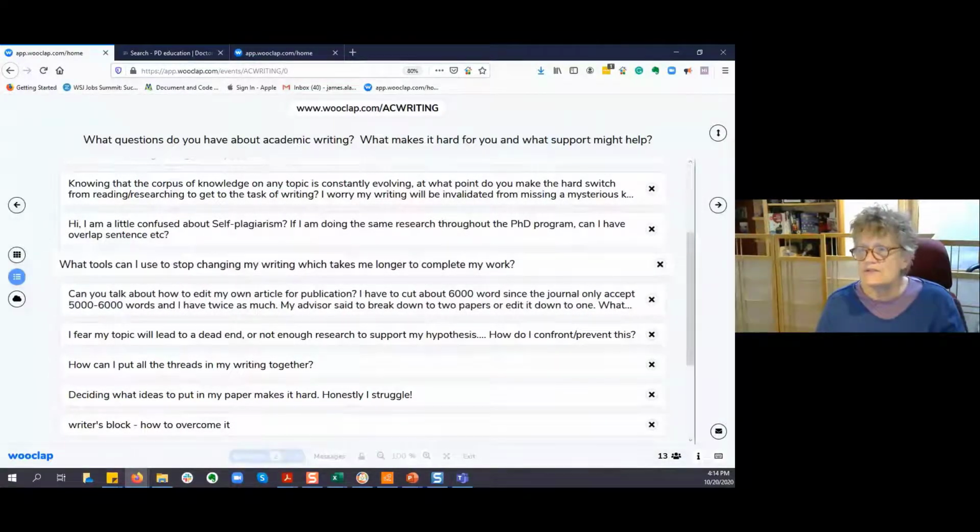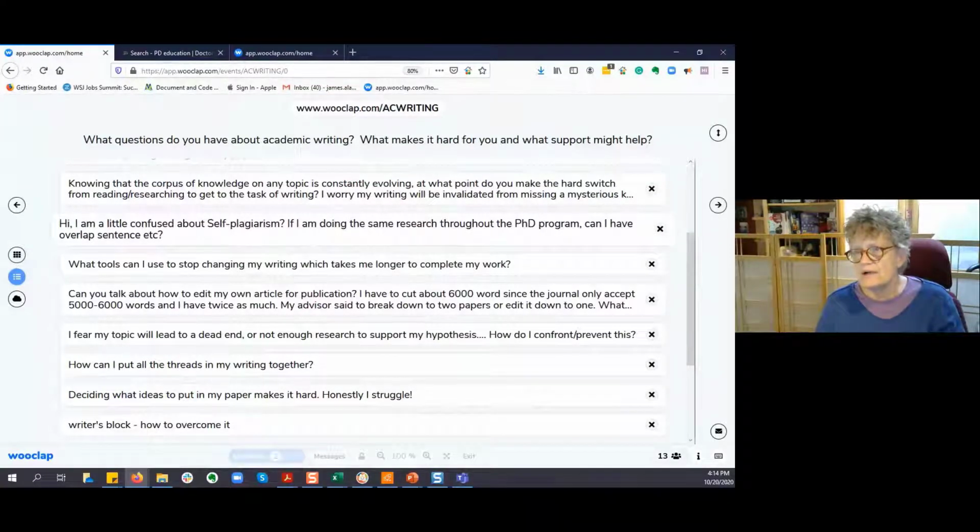I'm a little confused about self-plagiarism. If I'm doing the same research throughout the PhD program, can I have an overlapping sentence, etc.? Yes, if it's published at another time. For instance, if part of your work is that you wrote something and it got published, then you need to cite the fact that where it was published before. But if you wrote something for a paper for another class, something not published,